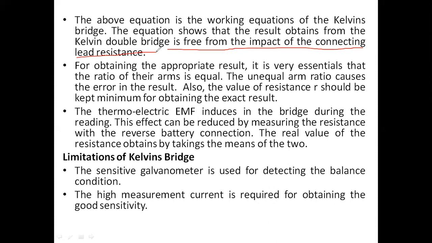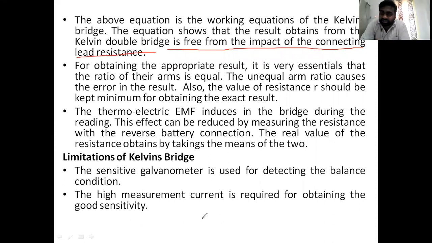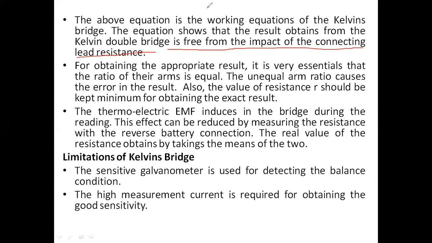There are various things; we have seen the voltage drop expression and all. But there are certain limitations with respect to Kelvin's bridge. What are the important limitations? The first is the sensitivity of the galvanometer. The galvanometer is quite sensitive in determining the balanced condition, during the observation of the voltage drops and the calculation of the balanced condition. That is one of the important issues. The second is measurement of current. For measurement of current, we need a good, sensitive galvanometer. These are the two limitations we have gone through.